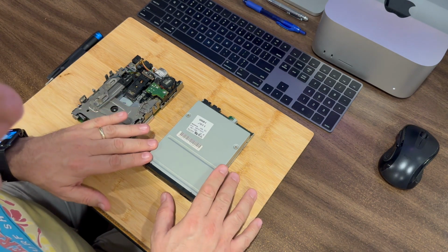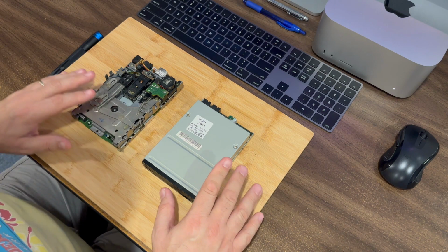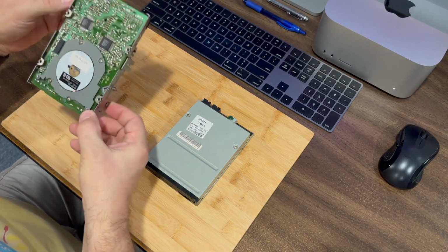But on the Power Mac series, in this particular case, the Power Mac 7180, there's a slightly different version of the floppy drive. So if we take a look,